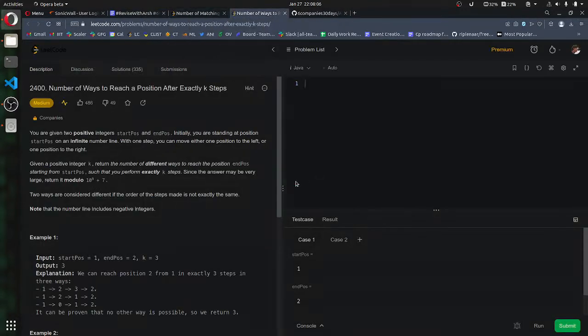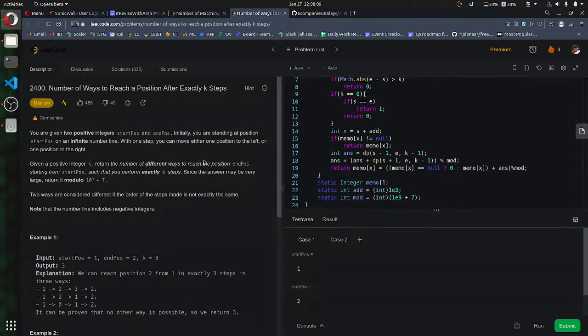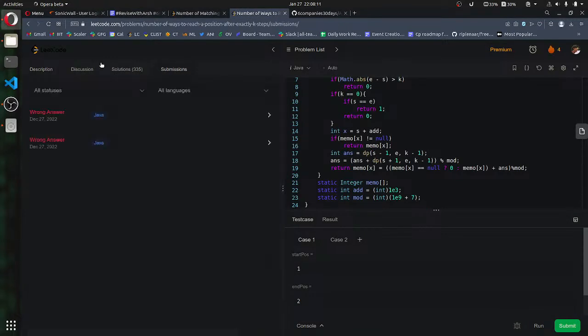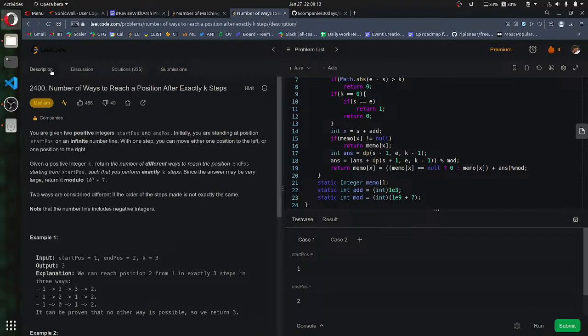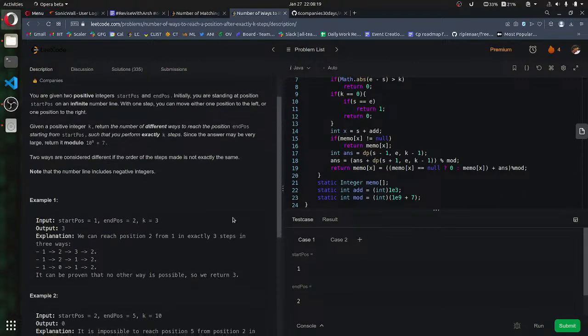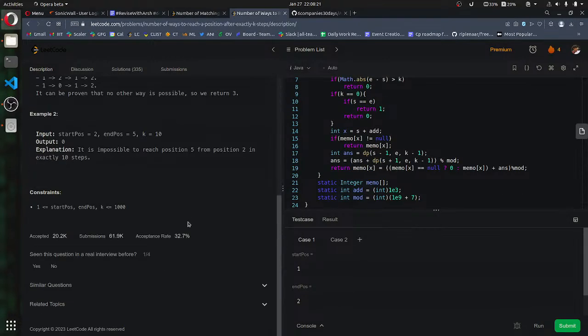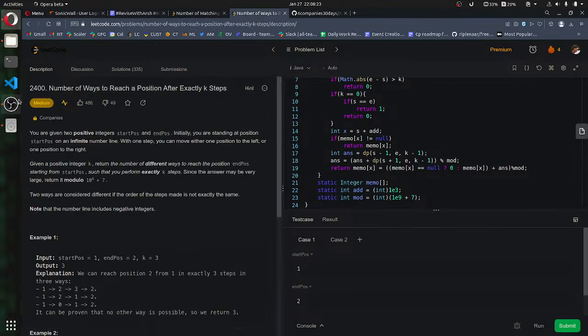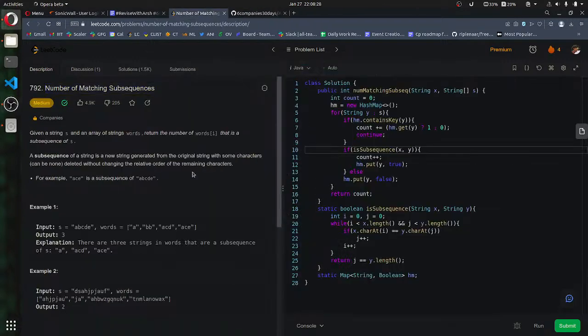Number of ways to reach a position. Let's do one thing, we will do it later. I had also solved this question, but got a wrong answer. I don't know why, but I will do it tomorrow. It's been 10 problems, and this stream is also too long, and most importantly, I'm getting some back